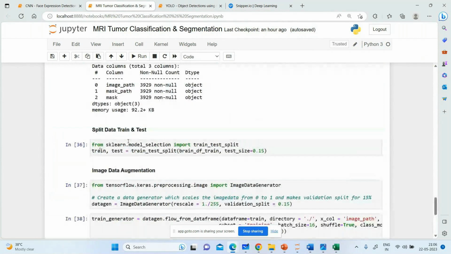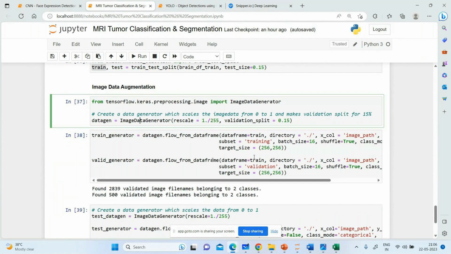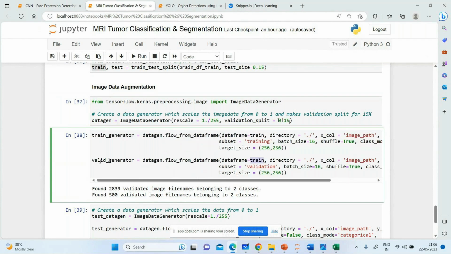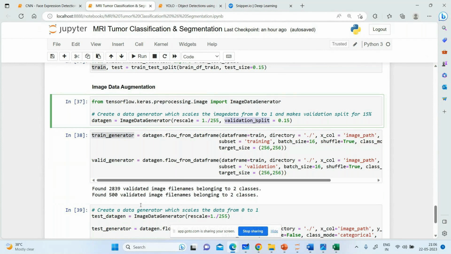This is your train data, this is your test data. The same training data we have passed here, and from there we are taking around 15% of the data, which will go to the validation from the train data itself. Because we have written validation split, so 15% from the training data will go to